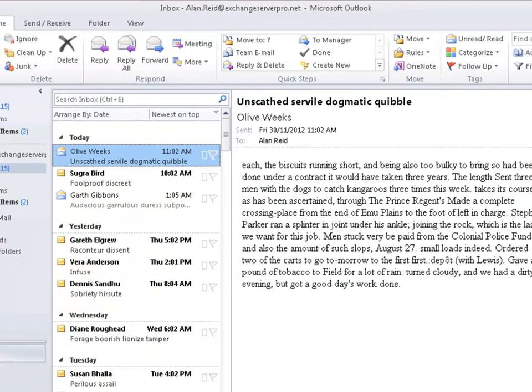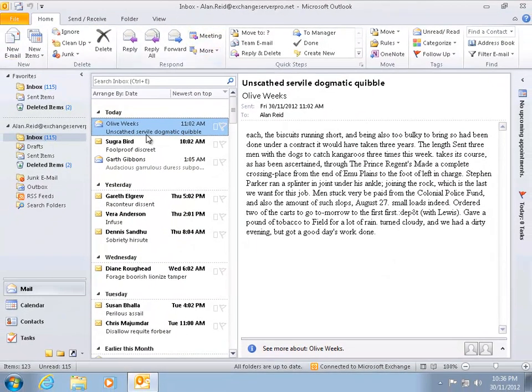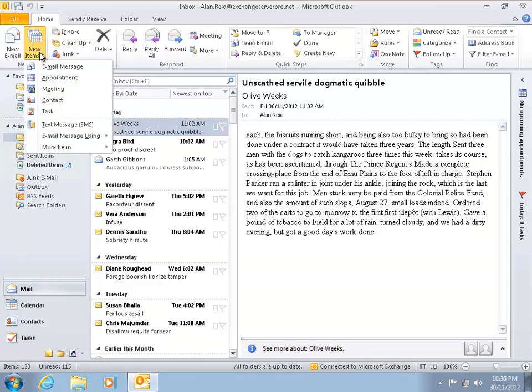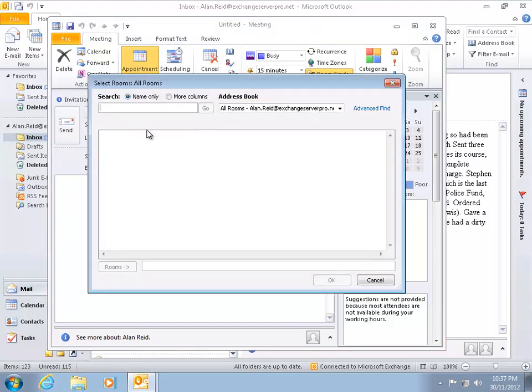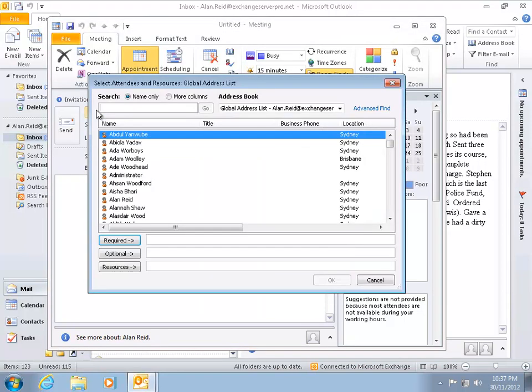Now if we go over here to one of the clients in the environment, so I'm logged on with Alan Reed, and he wants to create a new meeting request. For the time that the meeting is currently set to, there's no available rooms suggested in Outlook here. If we click on rooms, there's nothing in the all rooms address book. And if he wants to invite people to a meeting in that room,